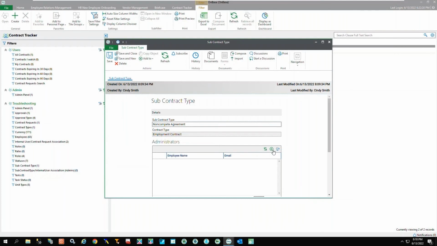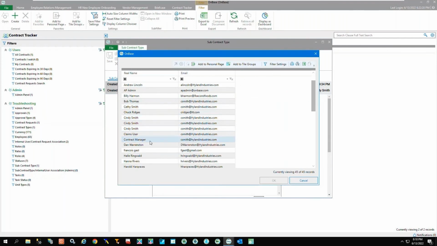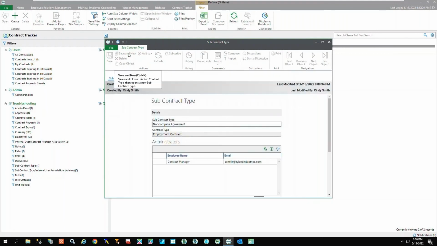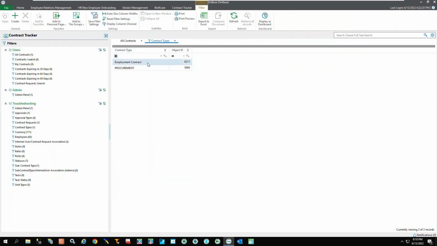If I select that add button, it'll appear with a list of users that I can select from. I'll just add the contract manager, seems appropriate. So I'll save and close this one, and then I'll save and close again for the actual contract. And then we can see that it in fact does list it right there in the filter.